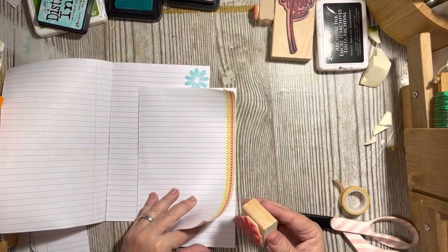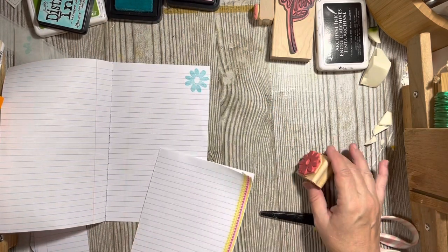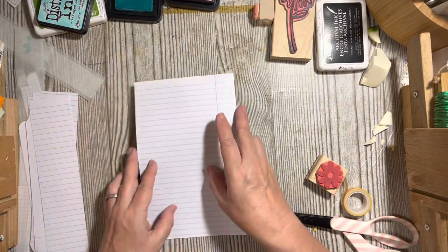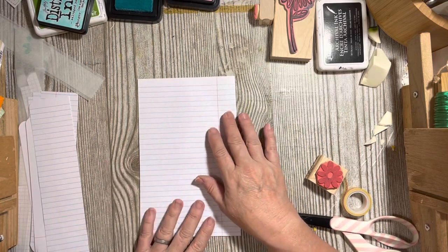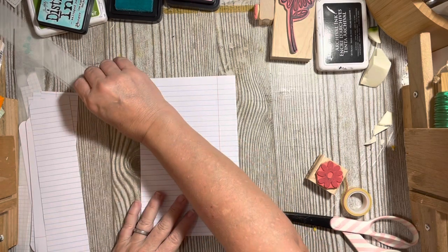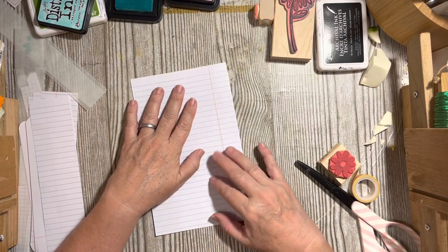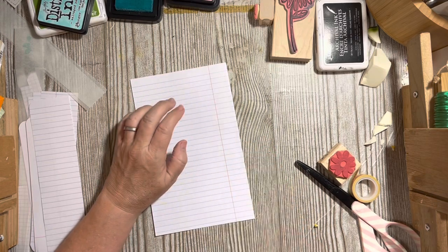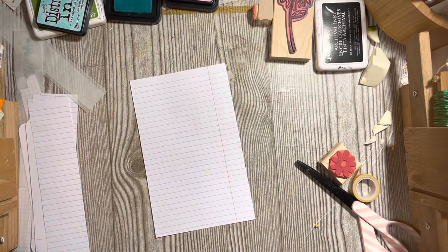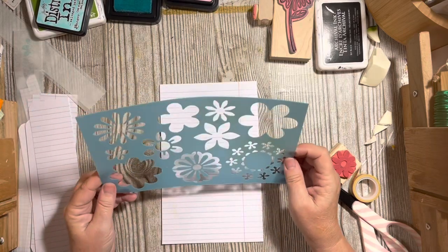But something as simple as a single solid stamp in color is a great way to add. Okay, and then, where's my stencil? Stenciling is another... it's up here with the master board. Sorry about that. Okay, so another way of adding is by